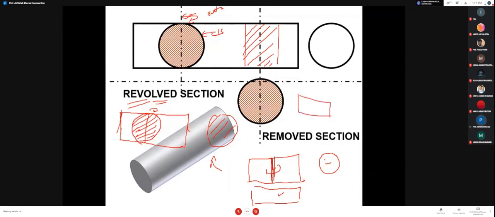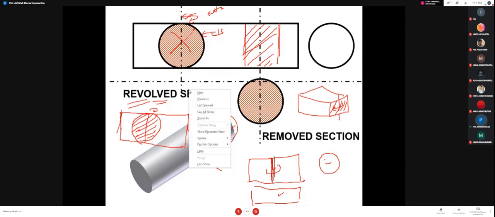It will be like this. Okay, if I have drawn such a figure, it means that its cross section is rectangular. So it's a cross section. How is it looking? I am just going to revolve it by 90 degrees and put it at the place where you cut it, rotated. So you will come to know what its cross section is. So this is known as the revolved section. Get it?